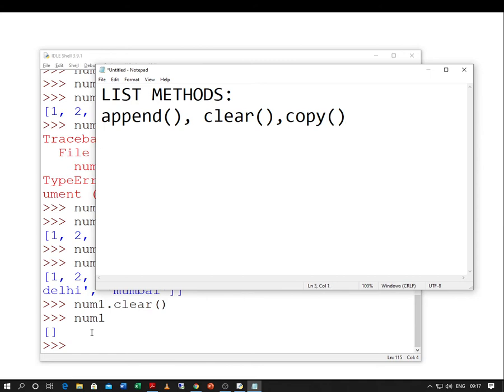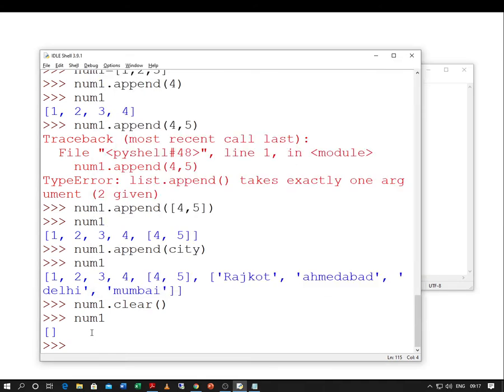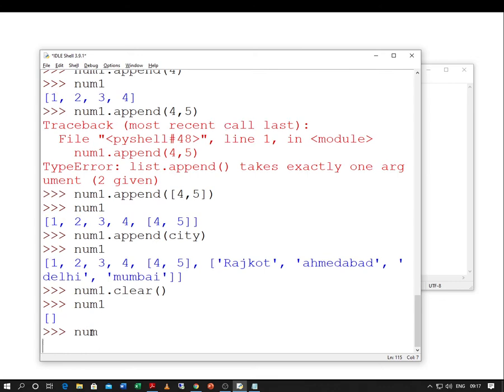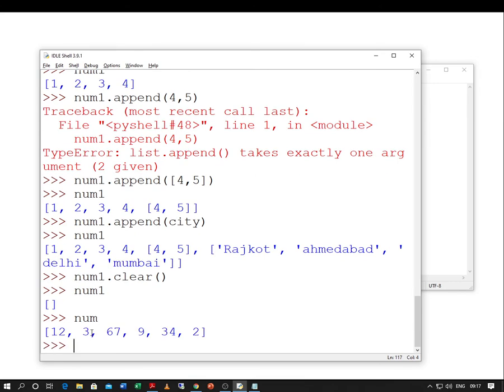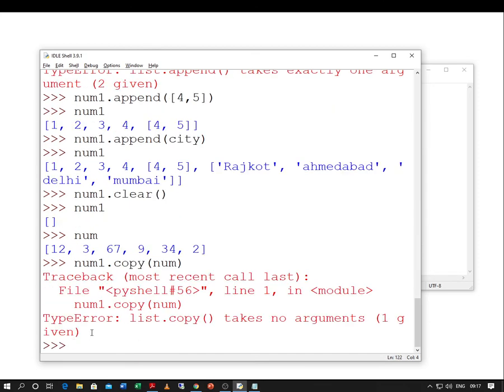Now just let me check what is there in num. We have some elements in num. So say num1 dot copy num, and just let us try to see what happens. Oh, this is not allowed.